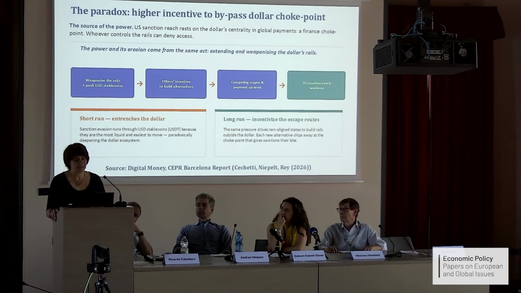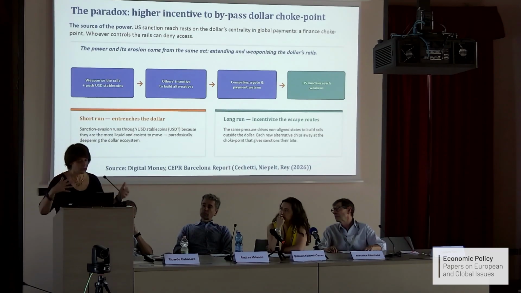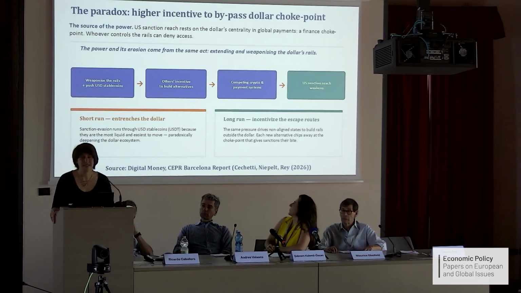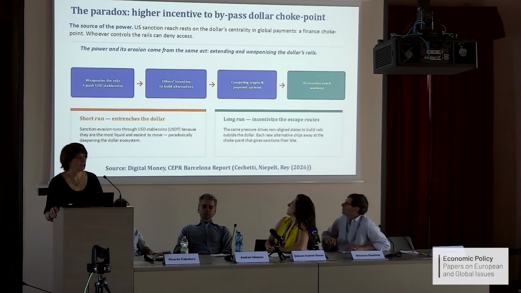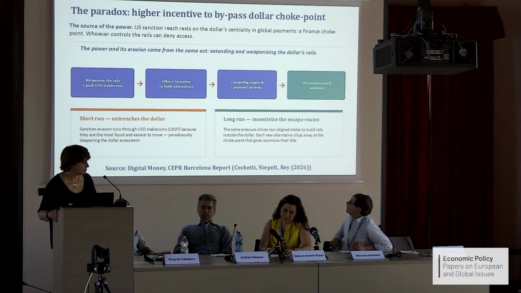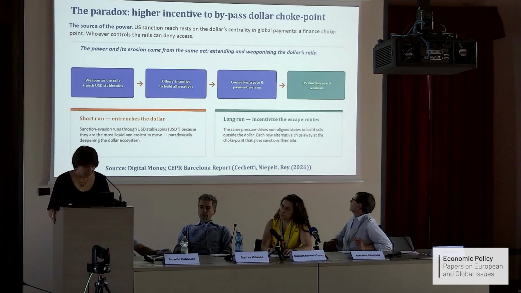So in a way, there's a bit of a paradox here, because the payment rails in dollar have been weaponized, and because of the push of US dollar stablecoins, which push these new technologies which are more decentralized, incentives of other countries of building alternatives have been growing. So there are competing crypto and payment systems which are being developed as we speak, and that is in turn via the fragmentation kind of creating, if you want, protected areas from the dollar system, which are fragmenting, at least in part, payments worldwide.